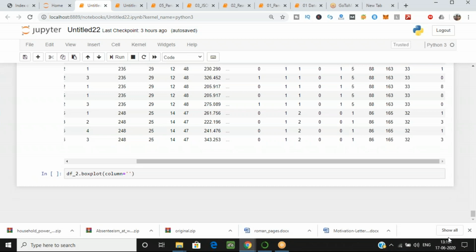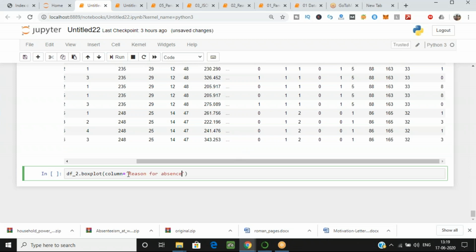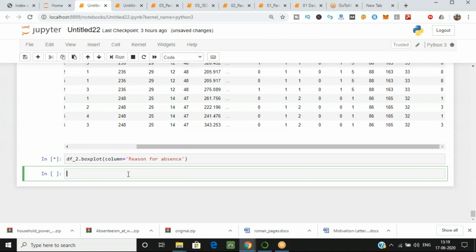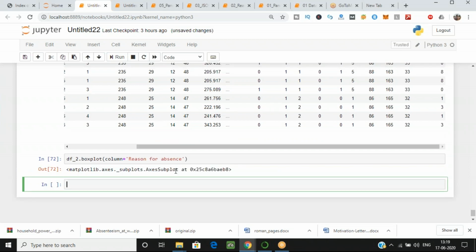Yeah, over here. Now let's just execute this. You will see on your screen the matplotlib axes returned. Wait, it will come in a bit. It is taking time.